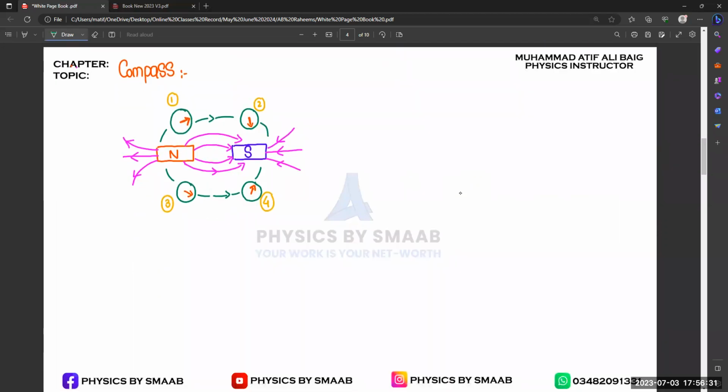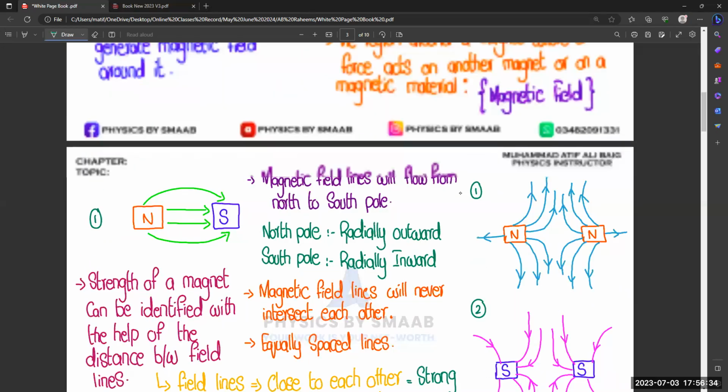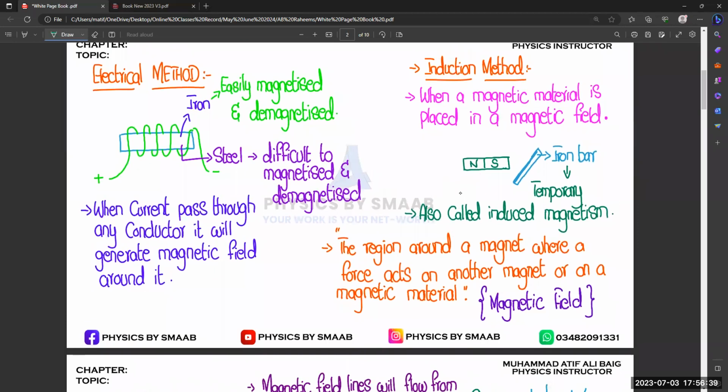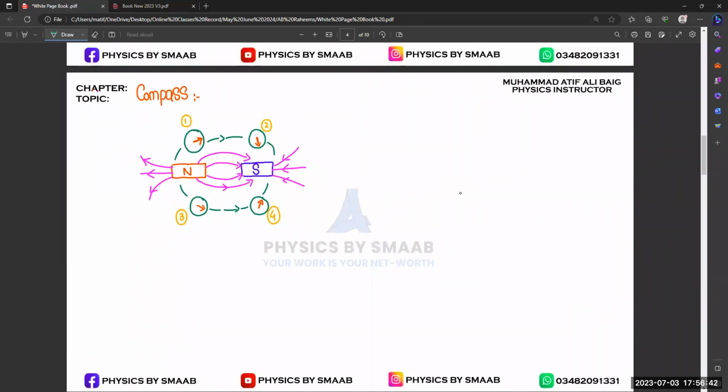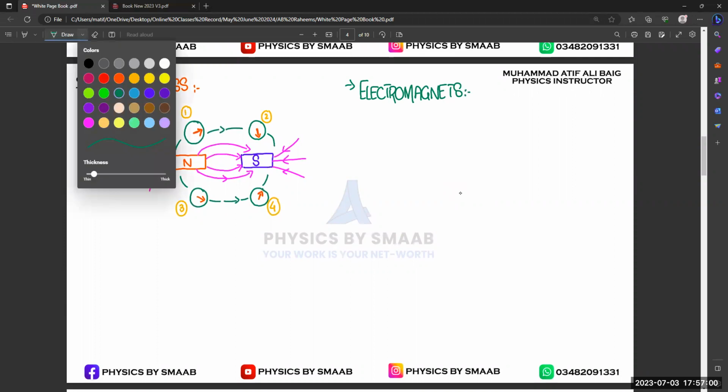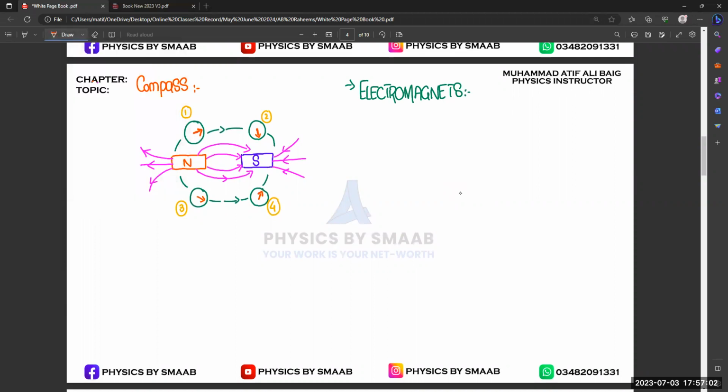And if we talk about electromagnets, the first method, the electrical method, is also known as electromagnet. Electromagnets are those magnets which are made from electricity or an electrical method, right? That is also a very simple term. Normally we use electromagnets in our daily life. If they ask you where we use these electromagnets,